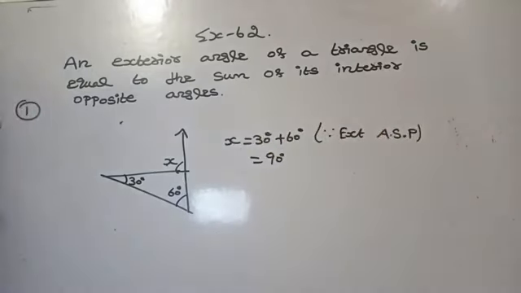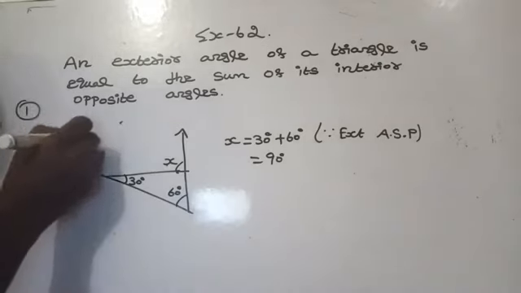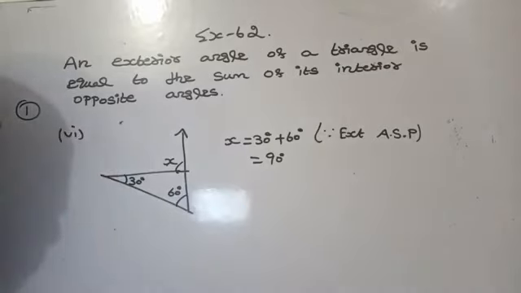Okay, wherever you are using the angle sum property of a triangle and the exterior angle sum property of a triangle, you have to write down the reason. If you are using the linear pair, you have to write down linear pair. Am I right here? Yes. So this is the sixth part of the question.